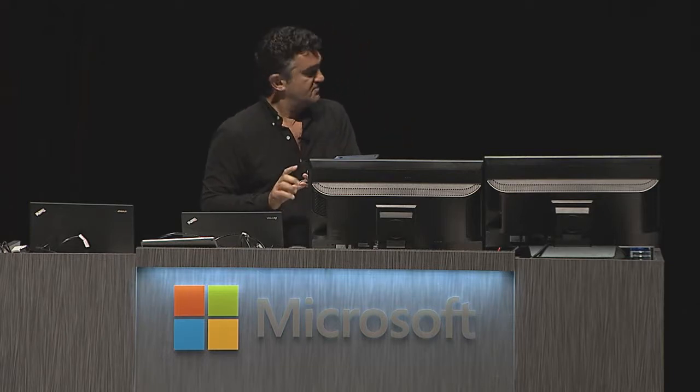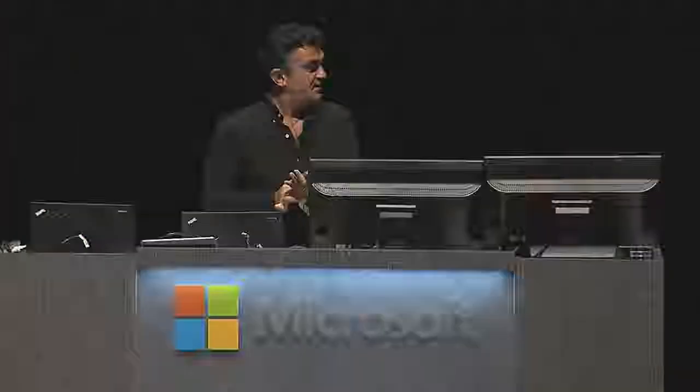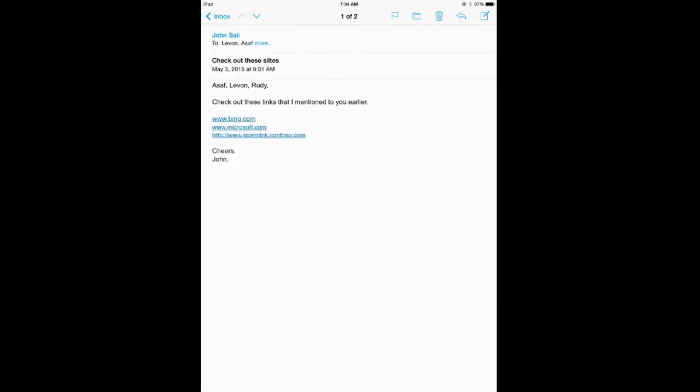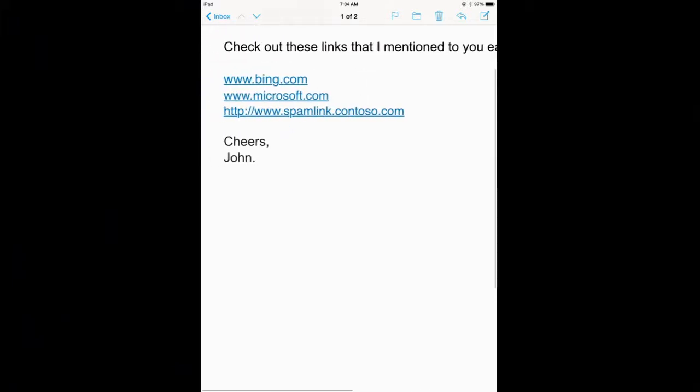So this must be a familiar screen of iPad. Yes, you see that? So I'm going to my mail here, and I'm going to look at the mail. Hello. That contains some good links as well as some bad links. And you'll see that the user experience is practically not impacted by the fact of the checking with the web service on Office 365. When I click on this Bing link,